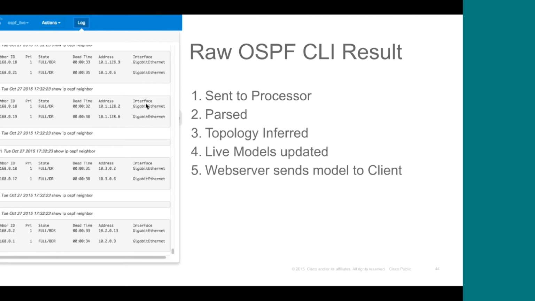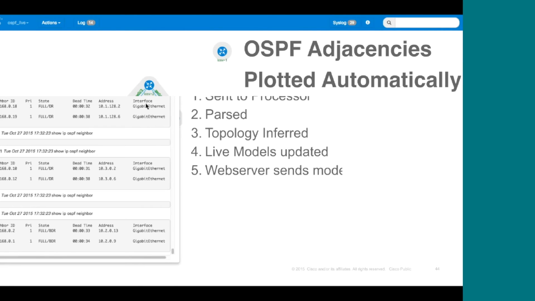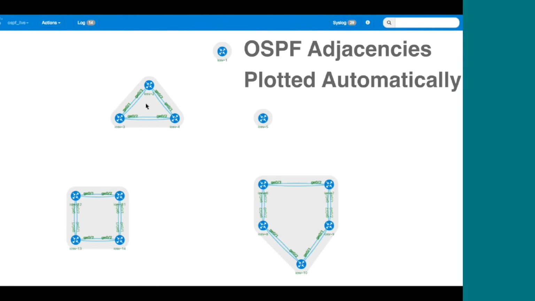In further topology, we'll look at the neighbor ID, look at those IP addresses we collected before, work out which neighbor that actually is, which node it is, and then add a link if appropriate, or remove a link if it's now gone away, update the live models, and then send that through to the browser. So just by switching the overlay in that menu from the physical to the OSPF, waiting a couple of seconds, we will see now the plot of all of the OSPF links in the network.